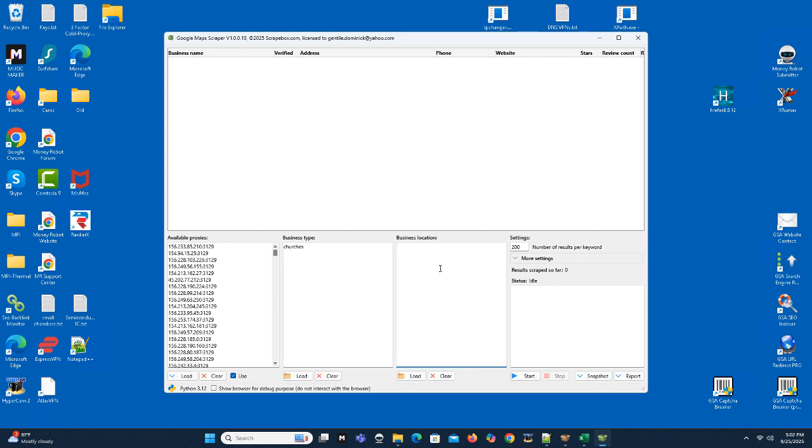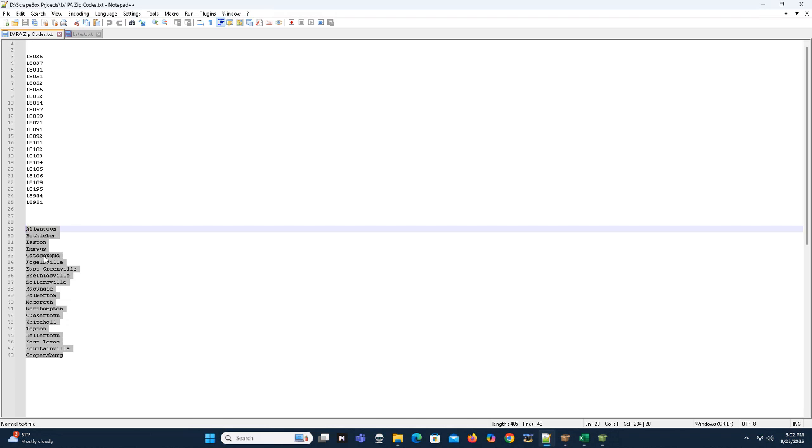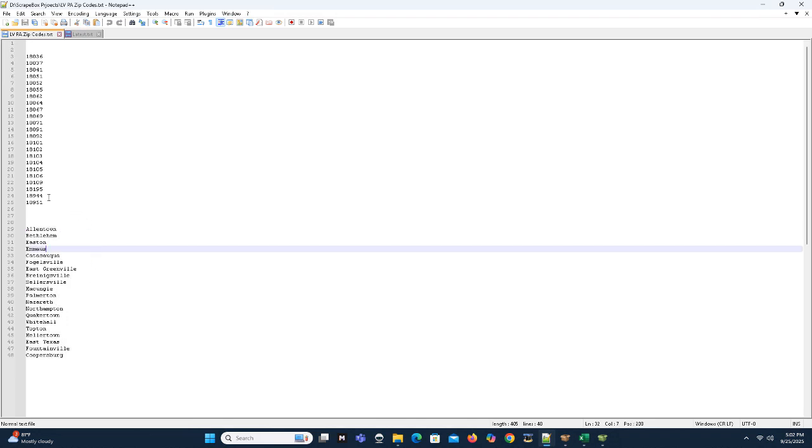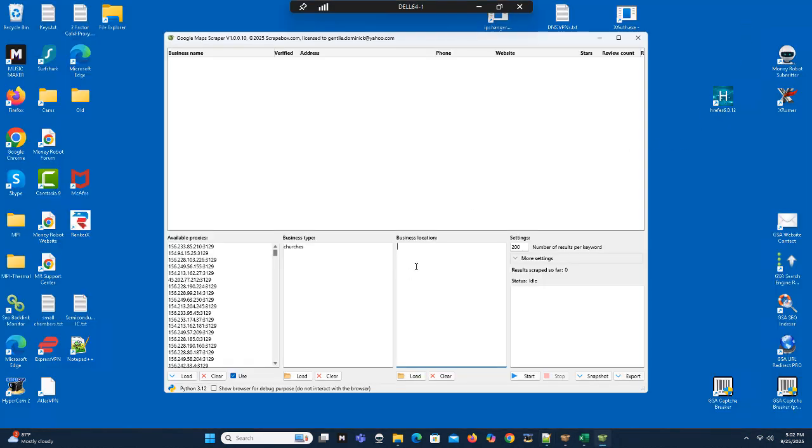Business location. Now here's the really nice thing. These are all the towns of which my client services. So what I did is I just took this list, took it over to ChatGPT and said, please give me all of the zip codes for these towns in the state of Pennsylvania. And bada bing, bada boom. All you have to do is put the zip codes in here and run it